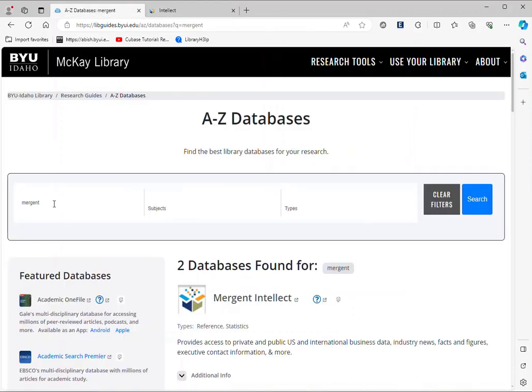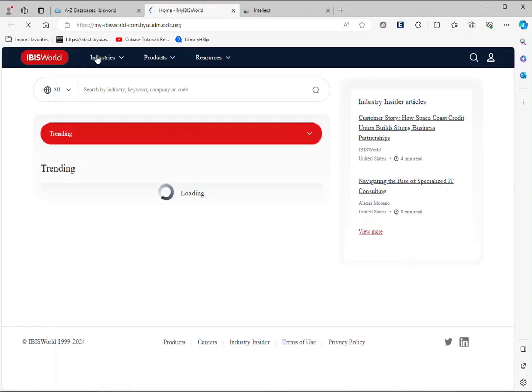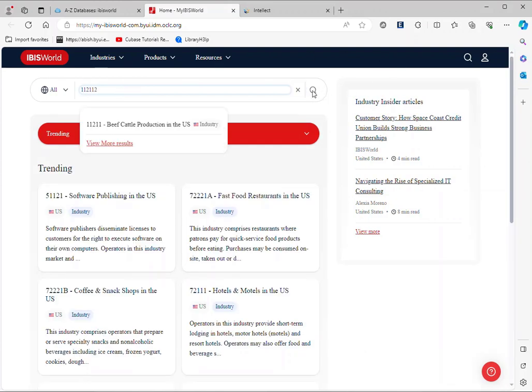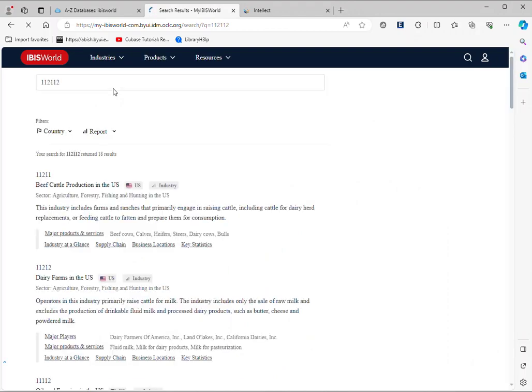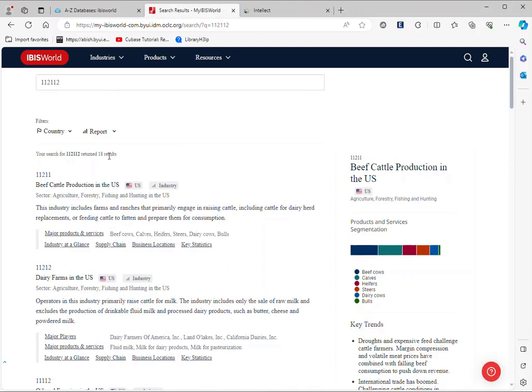So let's go back to the library databases, and this time we're going to search IBIS World and search, and let's bring that up. Now we can use that code that we collected from Mergent and paste it into the search here. Clicking this little magnifying glass sometimes doesn't work, so just click in the box and press enter, and we've received 18 reports. Let's start with this one: beef cattle production in the US,